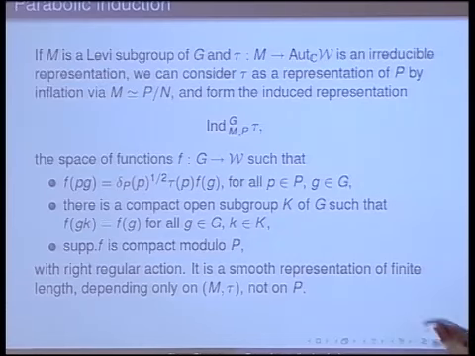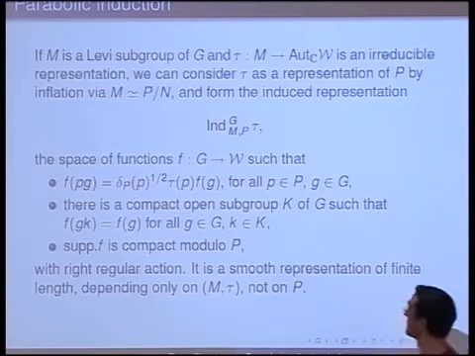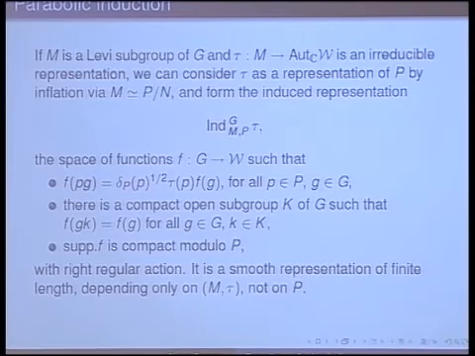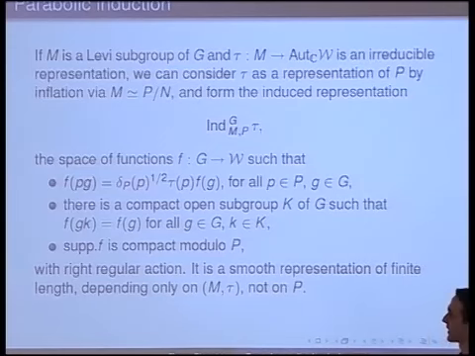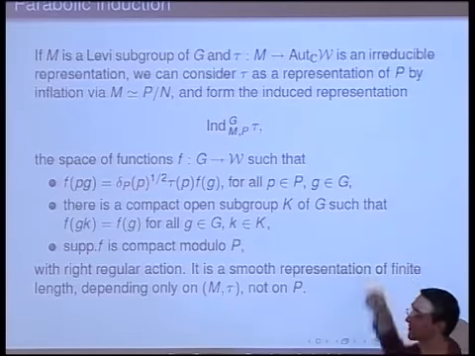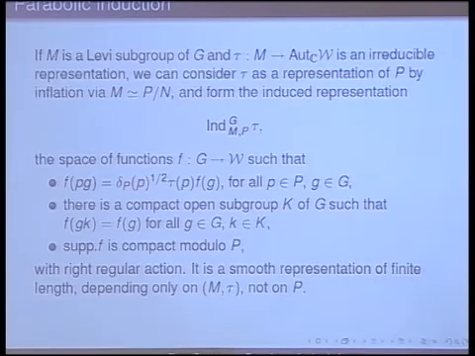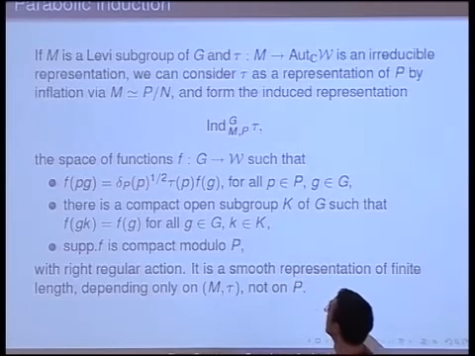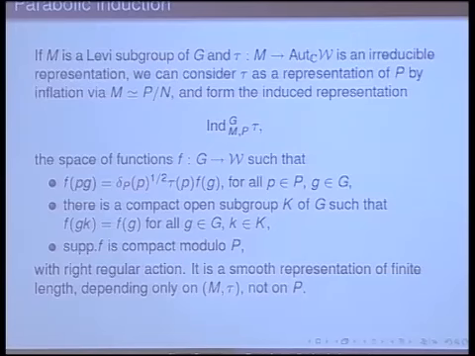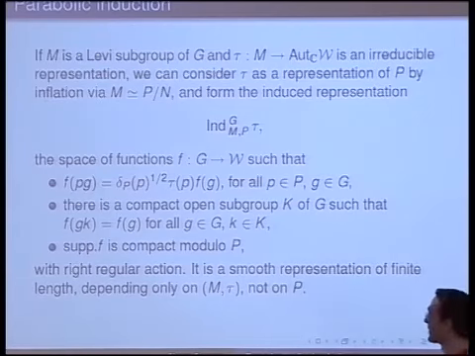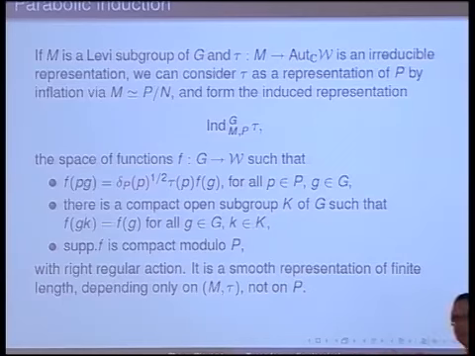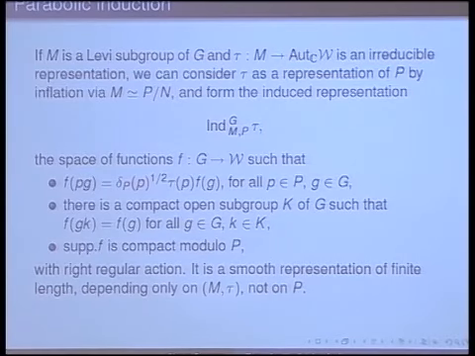The second condition here is just to make sure that you end up with a smooth representation. A priori, if you look at all the functions which satisfy the first thing, G is going to act on the right with the right regular action, and in general some things won't be smooth, so they won't have an open stabilizer. So this is just making sure that you take the smooth vectors, and the last condition is actually empty here, because G mod P is compact when P is a parabolic subgroup. But I put it in here because later on I'm going to want to induce from different sorts of groups, and I want to have this sort of induction.